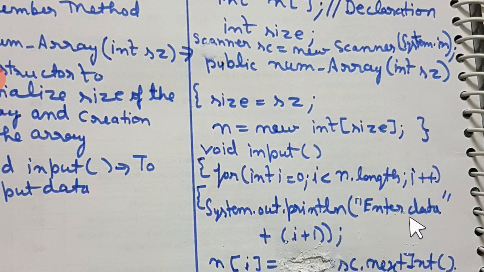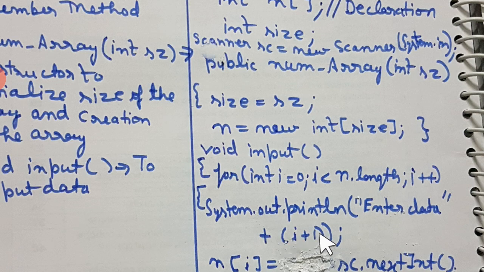It will have enter data 0. Does it look nice? No, it doesn't make any sense. So it's better to have enter data 1. That means you are referring to the first data element of the array. So that is the purpose. It is not modifying i at all, because i remains 0. But just for the sake of printing a proper message, I have written i plus 1.